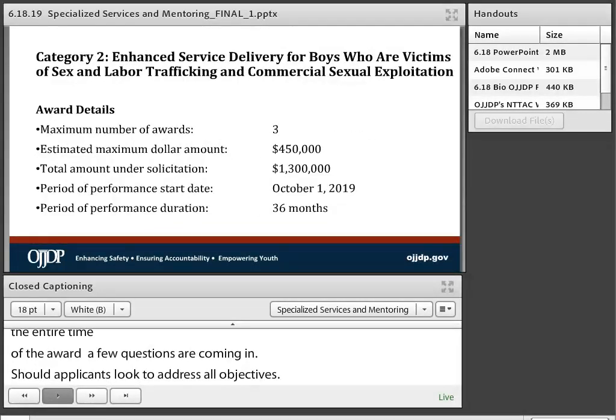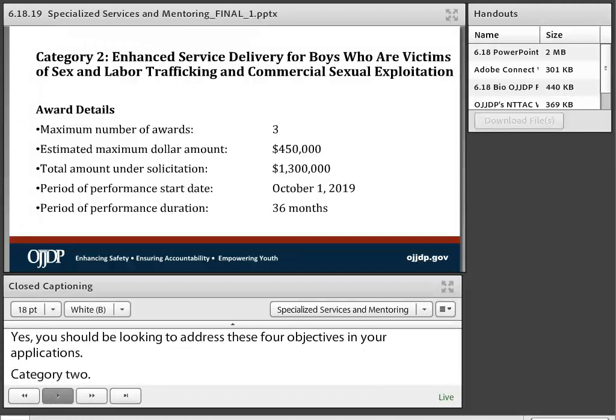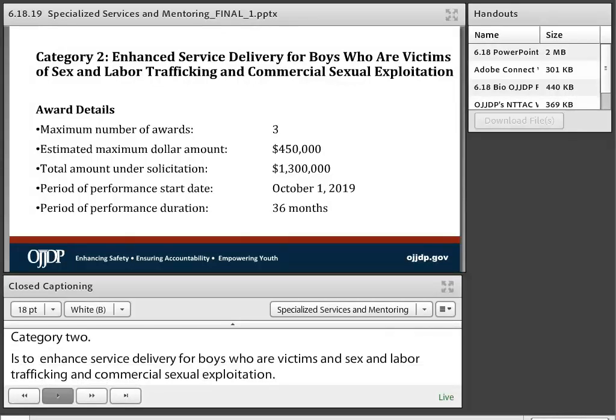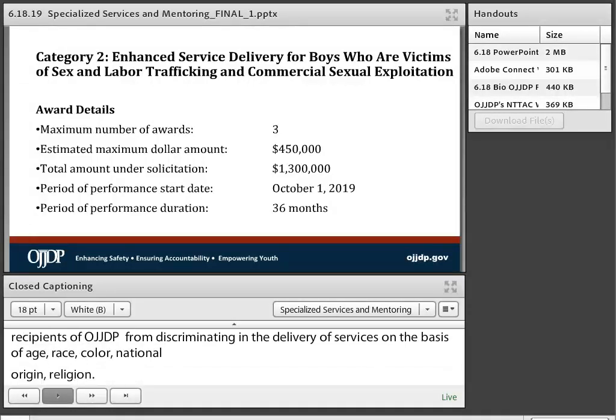Category 2 is to enhance service delivery for boys who are victims of sex and labor trafficking and commercial sexual exploitation. Now, federal law prohibits recipients of OJP funding from discriminating in the delivery of services on the basis of age, race, color, national origin, sex, religion, or disability. However, in some cases, the applicant may limit services based upon sex and refer otherwise eligible beneficiaries outside of the specialized group to other services. That is why we can fund this program and target it towards boys who are victims of sex and labor